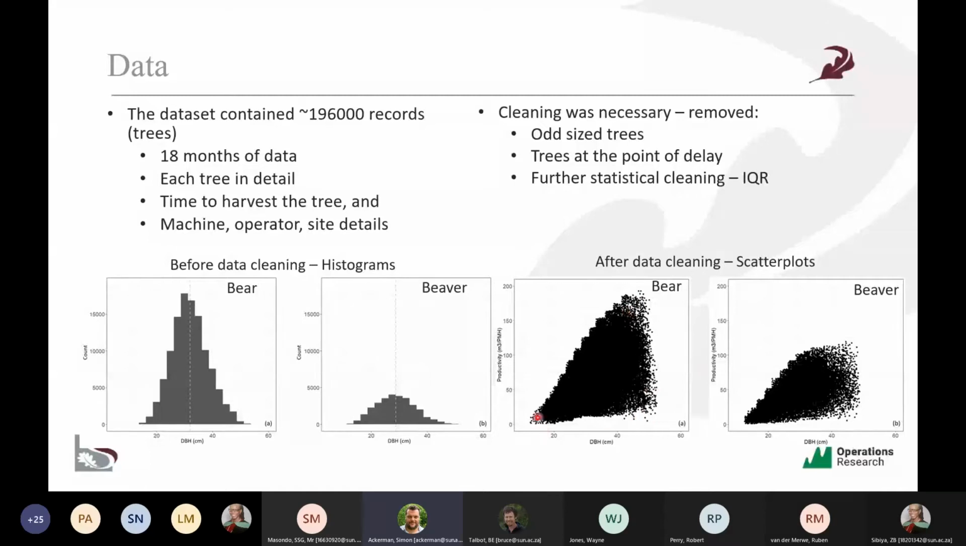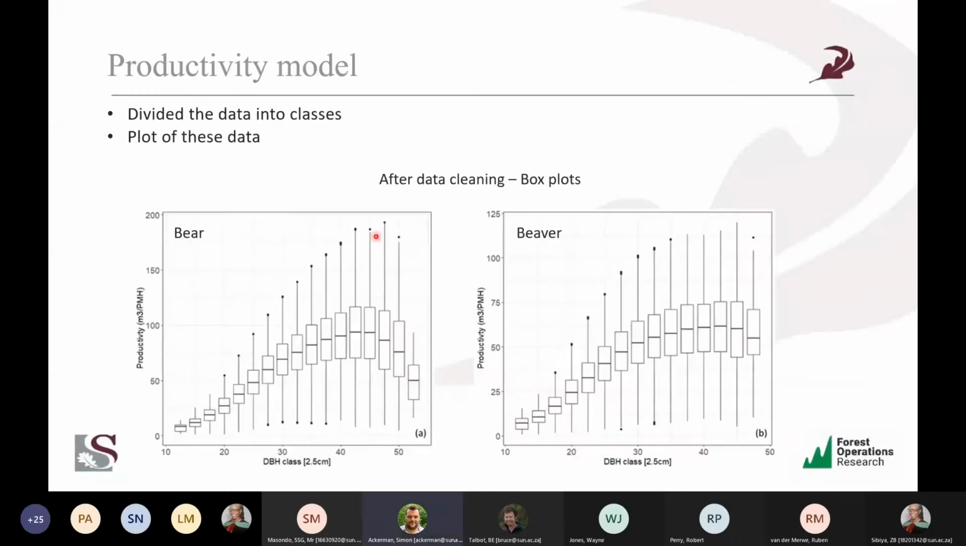The thing is here, how do you model these data? Where does the productivity line lie? Especially when you're looking at a pool of both machines lying in the same data set plot. The productivity model,